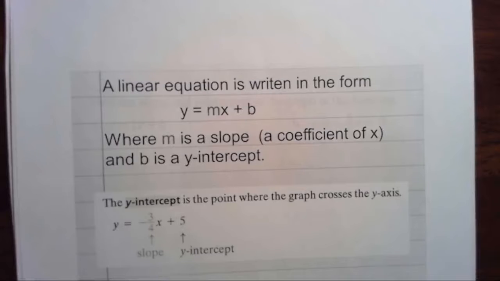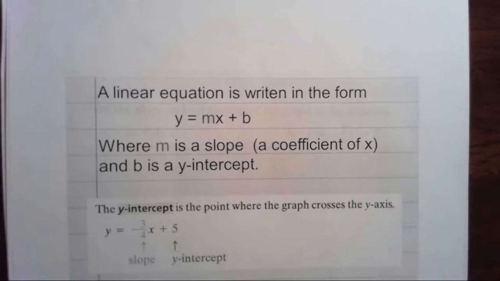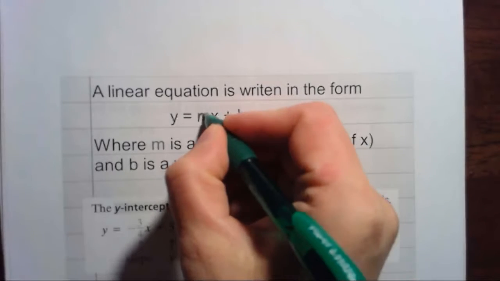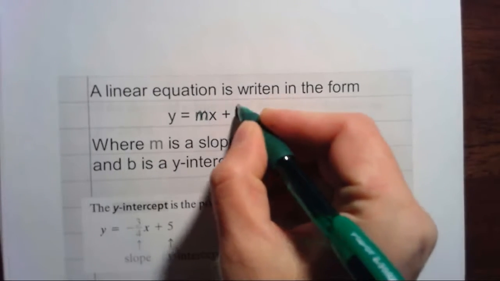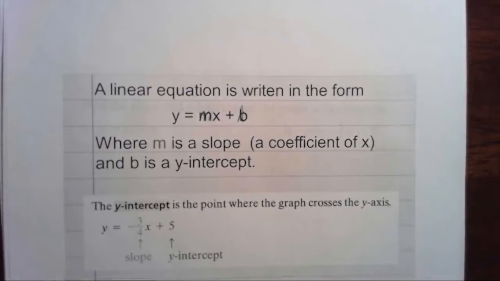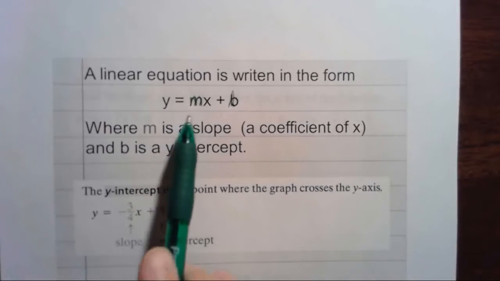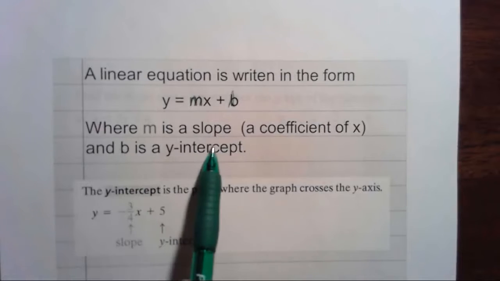A linear equation is written in the form y equals mx plus b. I hope in this video you see that m is in one color and b is in a different color. That is called the slope-intercept equation, where m